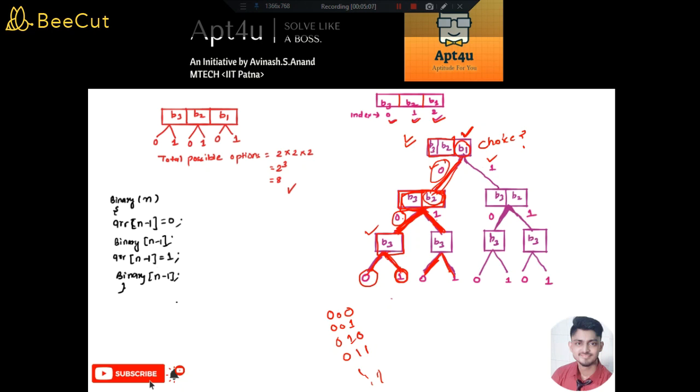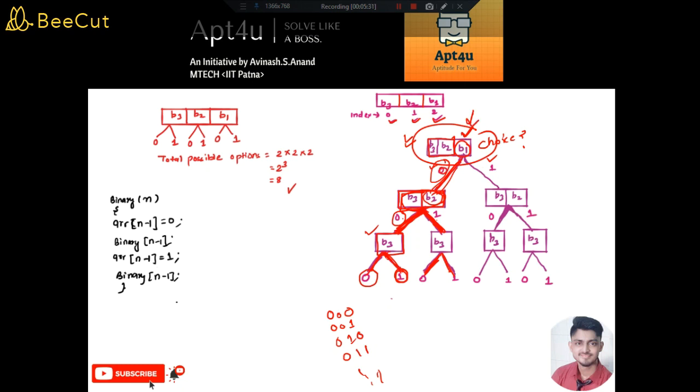Now can we design a recursion code for this? Is that possible? Yes, it is definitely possible. What is the idea? Initially we have n bits, right? The extreme right bit, we are assigning a value, first of all 0.